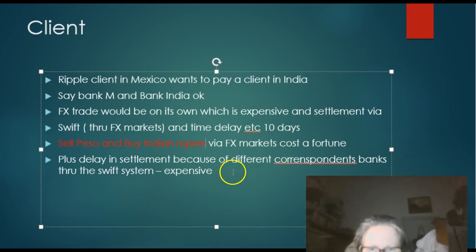So it is costly going through SWIFT, and it's costly going through an FX market when you have a currency pair that is illiquid. The alternative is the client, the smart Mexican bank, like Corlex, can use xRapid. Now, xRapid, as I've said before, is being used by a handful of clients that are very happily using it. It's already being used, but for it to come to the market for the whole world, it's coming to the market very soon in October.